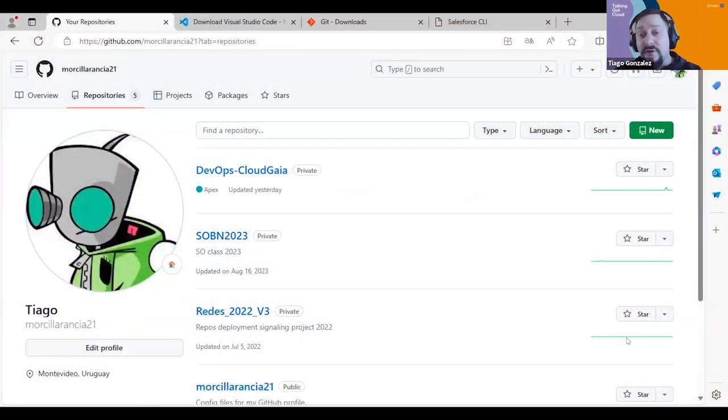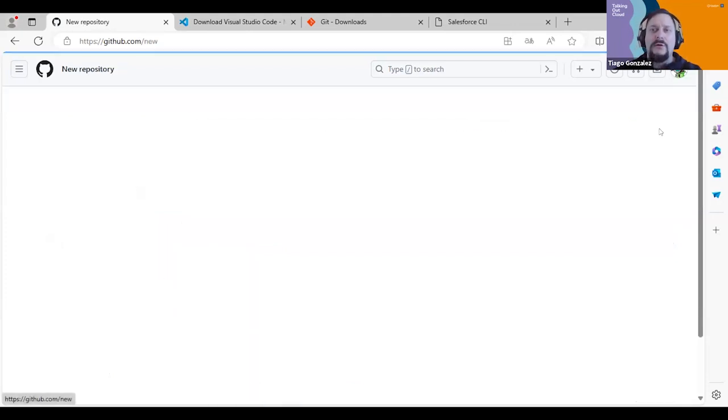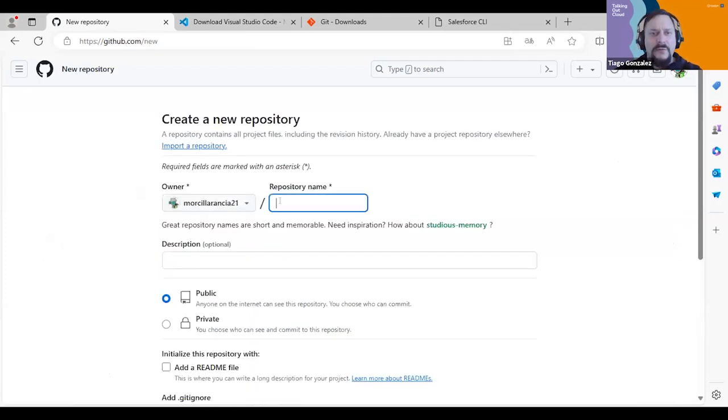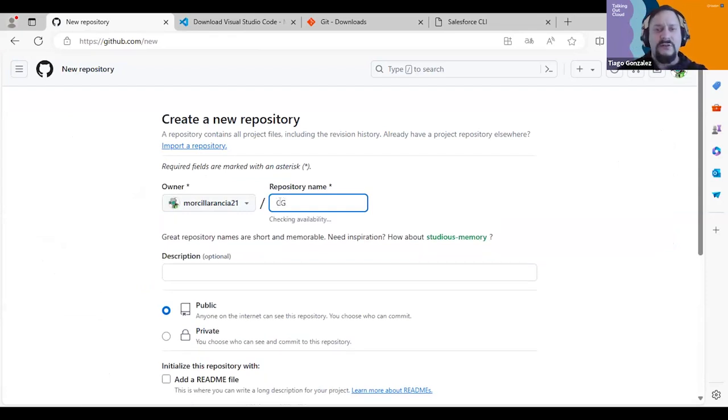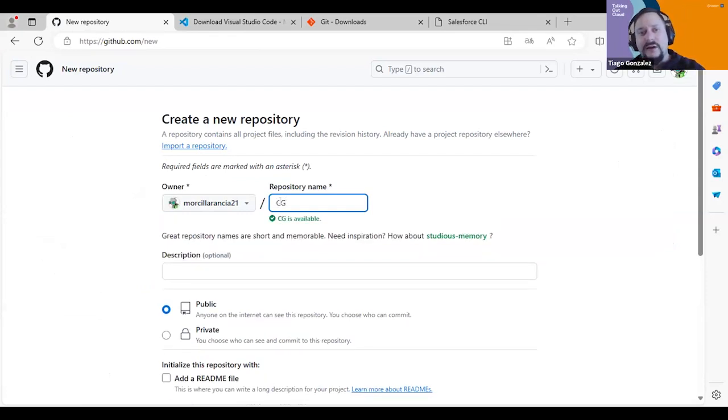So, to start, I will show you the tools we need in order to work. The first thing you need to have is a repository. In this case, I use Git. You can use Bitbucket or anyone you feel comfortable. I will show you how to create a repository. Here in this section, you click new and choose any name, whatever you want. In this case, I will use the CloudGaia